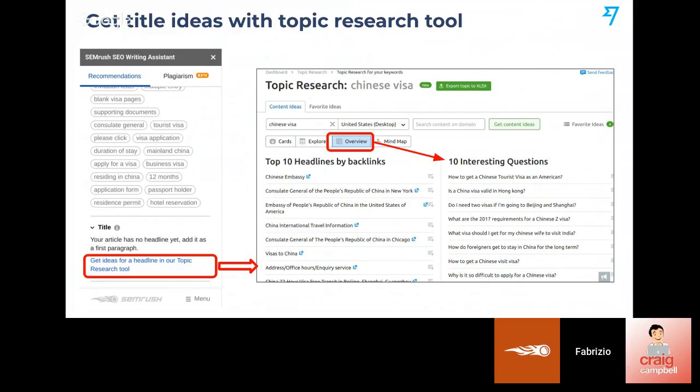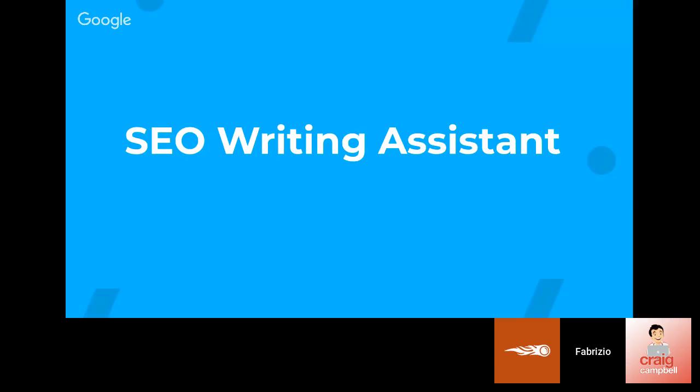So I think this is a very important step, because you always need to judge the recommendation that you receive yourself, and by using the tool in conjunction with other tools, you can expand and refine it to the point where you're really happy with any given recommendation. At this point, you have the article brief, and you send it to the freelancer. The freelancer, whoever the writers in your team are, writes the article up, and at that point you switch to using only the writing assistant.